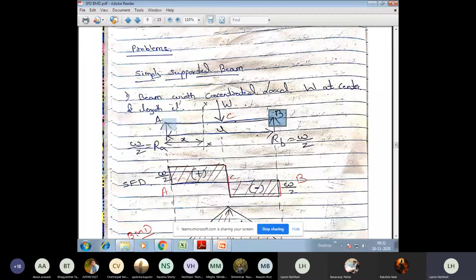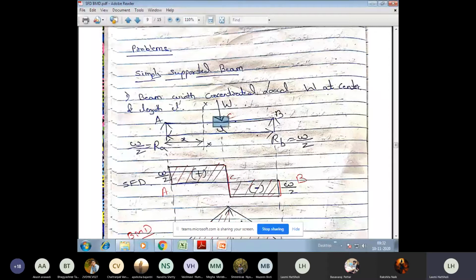Now, if you want to calculate shear force at A, at that particular point as well as to the left, just check how many forces you have. At this particular point, you have only one force, and other than that, on the left side you don't have any force. And always I'm coming from the left portion. Left side upward force is positive. So what is shear force at A? It is RA. It's only RA.